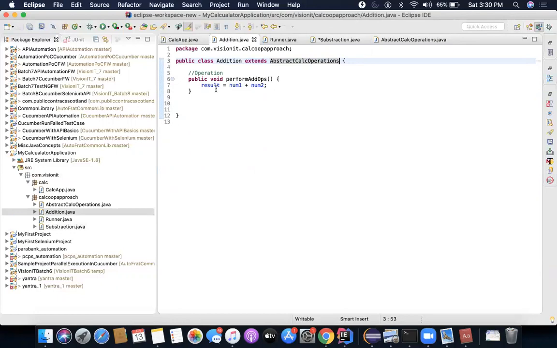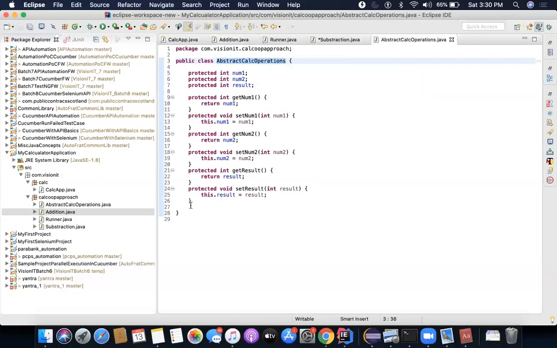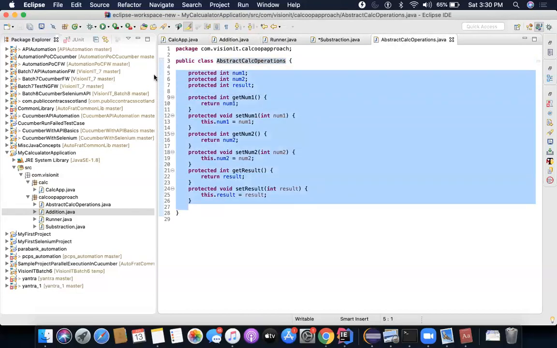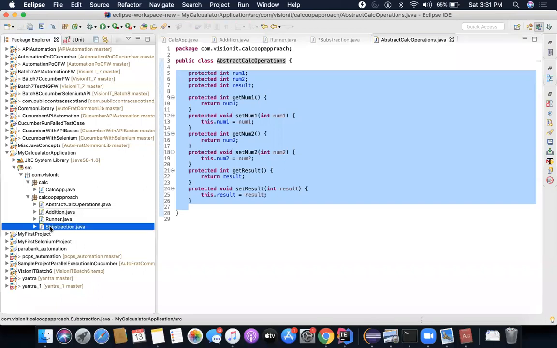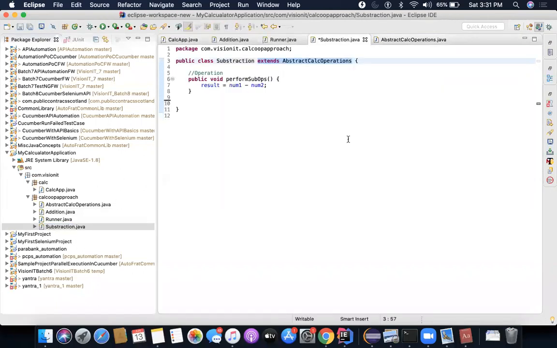Imagine you have different operations, addition, subtraction, multiplication, division. You have these many operations or classes available, and everywhere you're making use of this, and you're not repeating or duplicating this again and again. You are reusing this particular class inside these subclasses. So I think now you're getting the benefit of why we need to use inheritance. And it's very simple to implement.